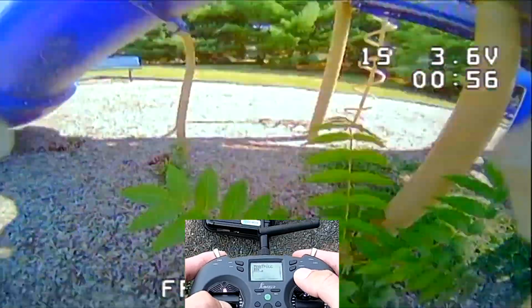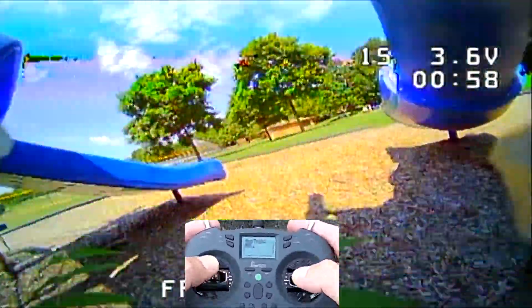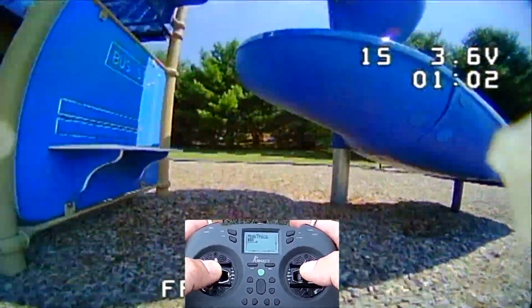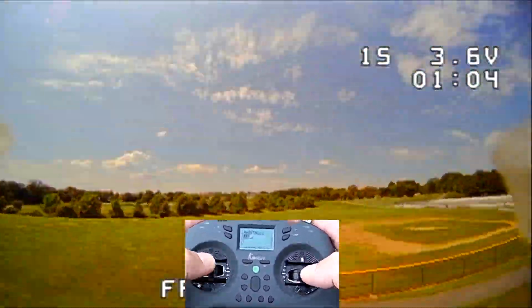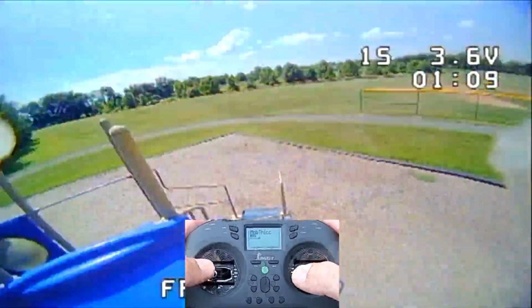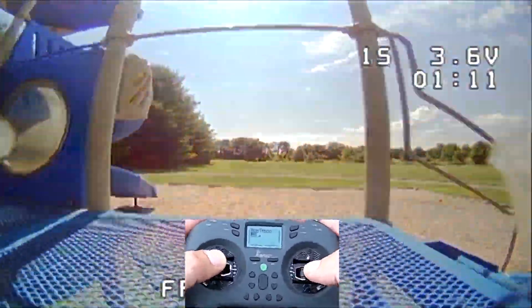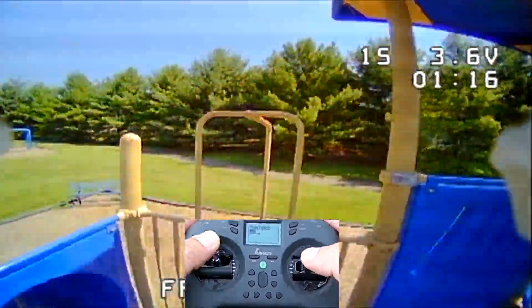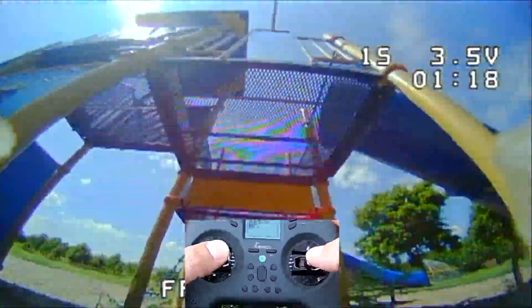You need to turn around real fast. Use a split S. If you're underneath, low to the ground, use an Immelmann. Come up over the top, and hit the little spin at the top once you get upside down. Really useful tricks though, especially in proximity. If you need to, like I said, you made a little boo-boo and you need to turn around real fast,